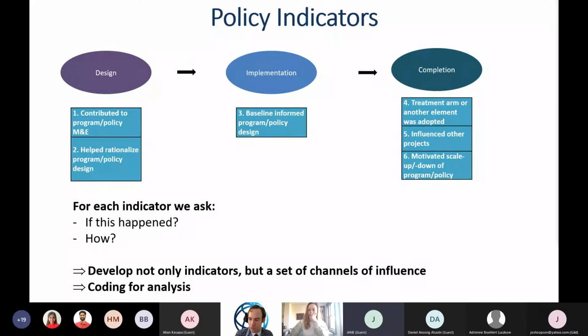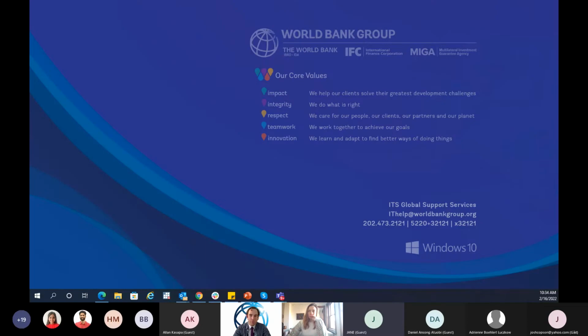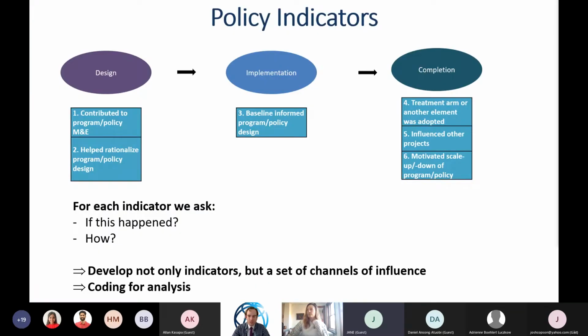Maybe I will randomly choose and see if we can get someone to come forward. So Erasmus, do you want to tell us anything about any work that you've done where you've been able to change the conversation along these margins? Maybe you've thought a little bit about how things are designed in your work or how they're implemented or actually seen change. So Erasmus, do you want to come in?